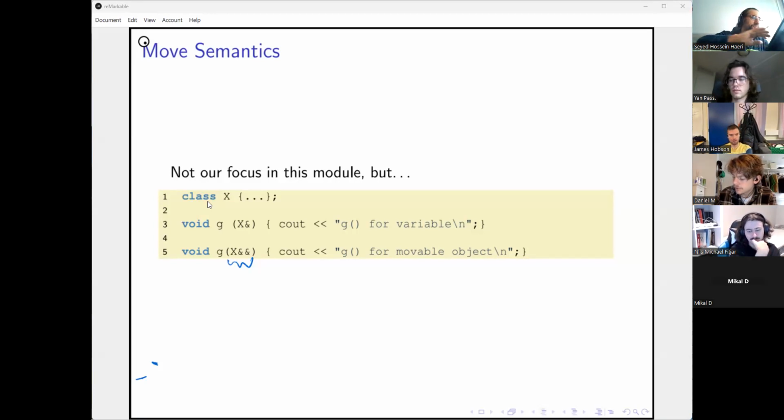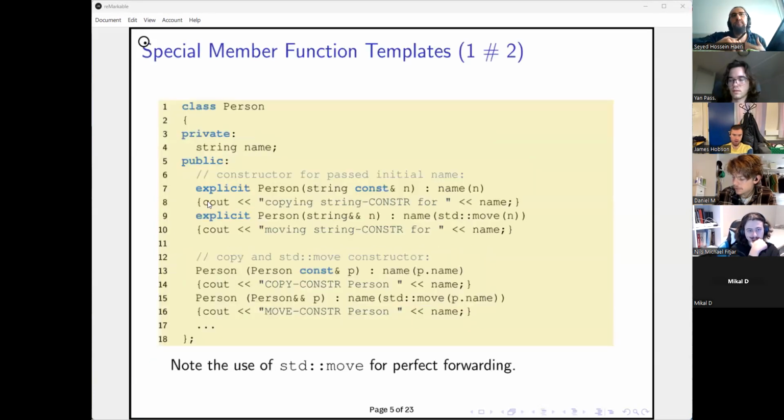That should be it. Now, I told you about classes and the differences with struct. Just very briefly, it's very common for classes to have constructors, and constructors in C++ have the same name as that of the class.